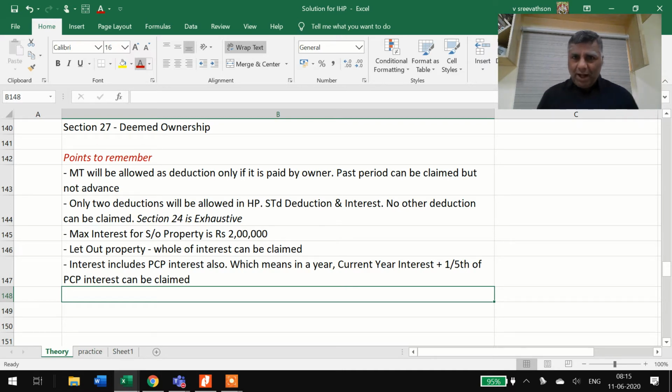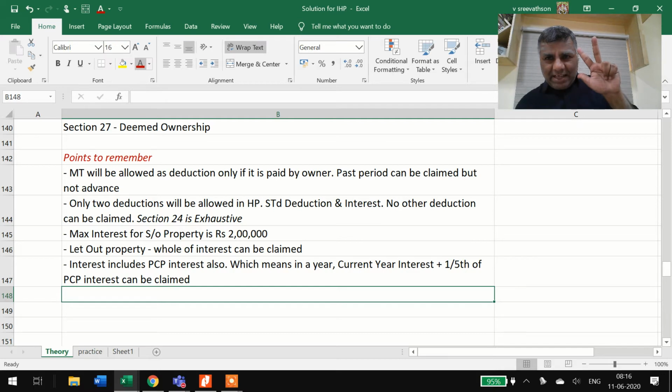Friends, understand very patiently. PCP interest can be claimed only for 5 years in 5 equal installments. 1920, that is your previous year, 1819, 1718, 1617, 1516. Repeating, 1920, I'm going back. If 1920 is the 5th year,